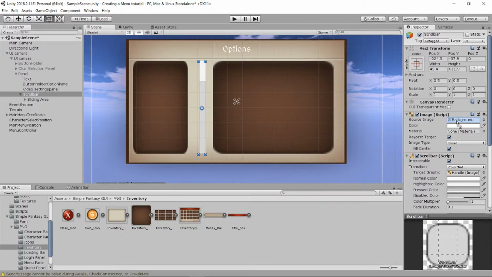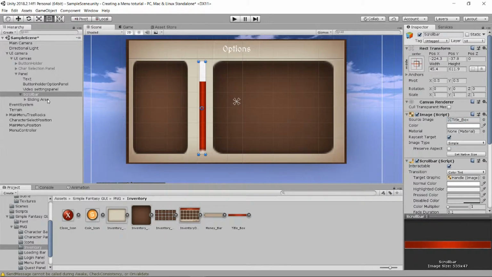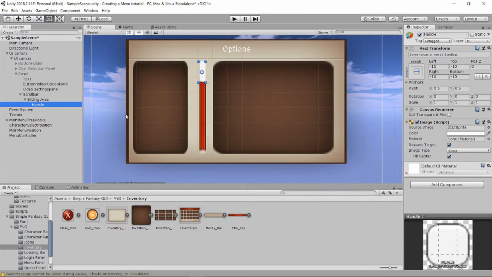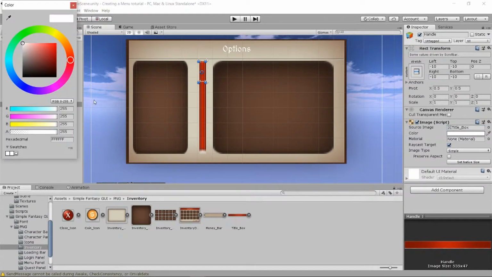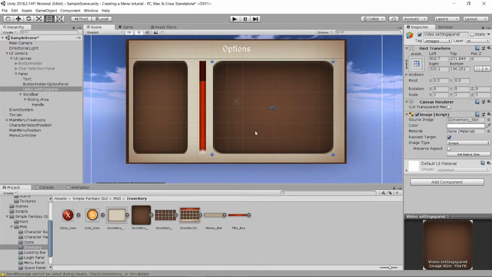You can use this for the background, and for the handle we can take like the same one, but gonna change it so it will be more dark, like this. So this is the handle and this is the bar,